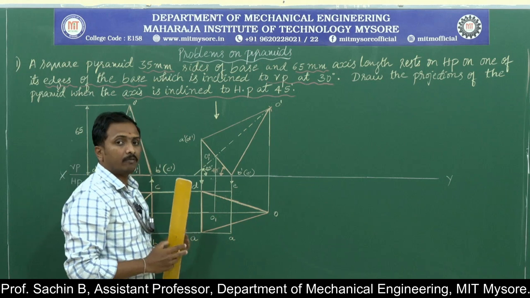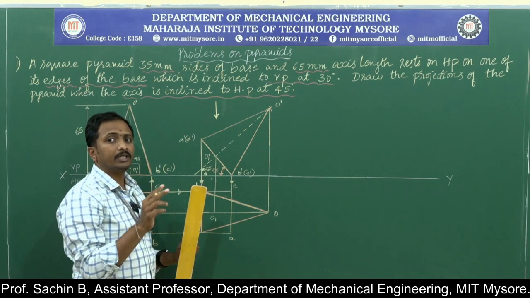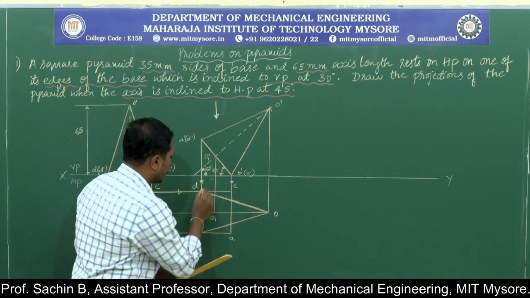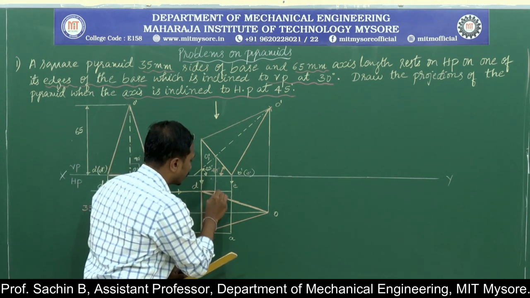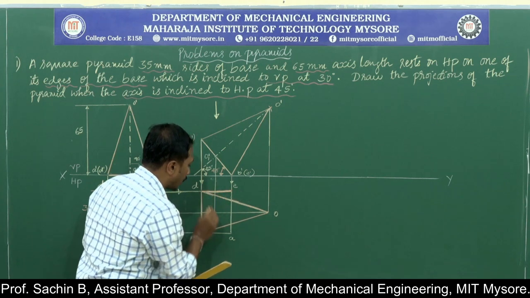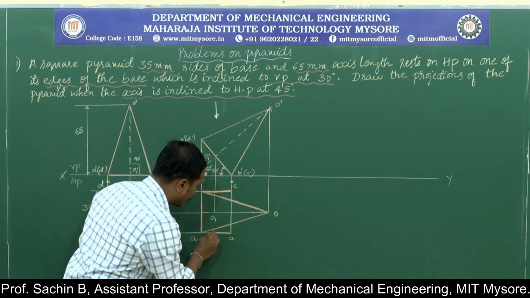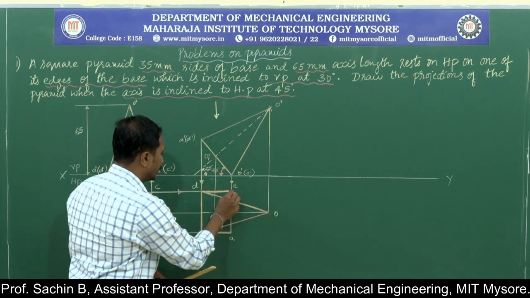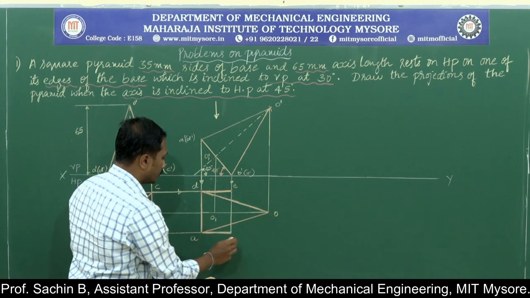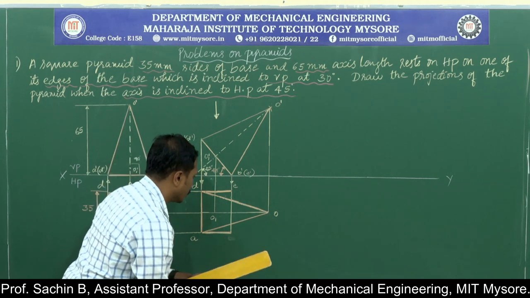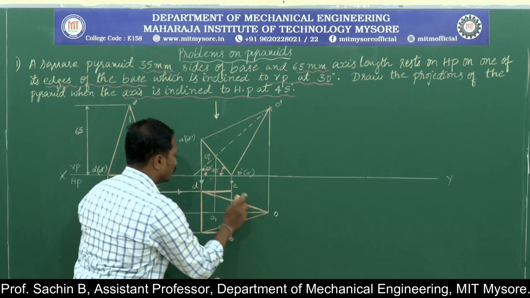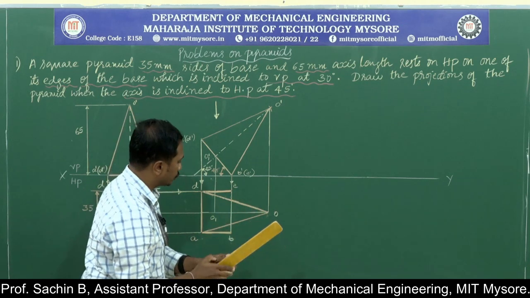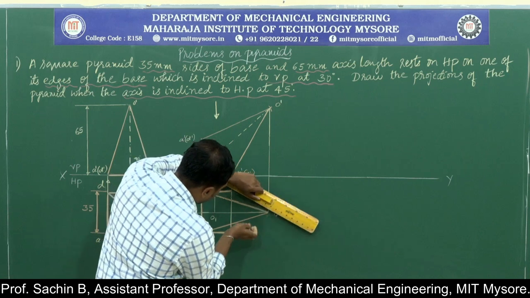Next, the second condition will be the outermost edges are visible. Outermost edges are visible when it comes to the top view in the second position, and will be considered in the top view of the object. Now O, C, D, A, B, O will be the outermost edges. Those edges are clearly visible.